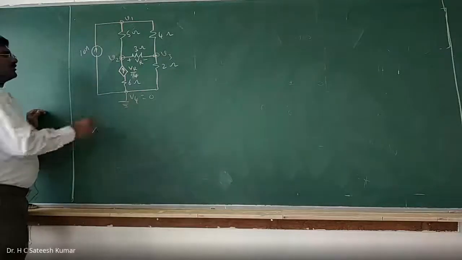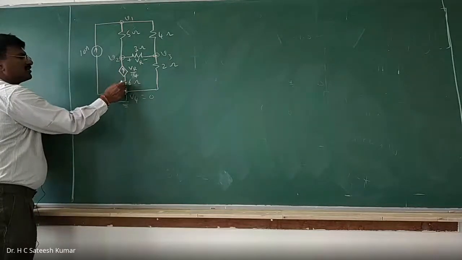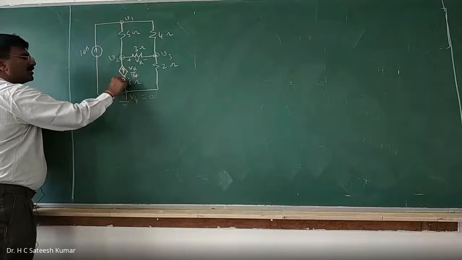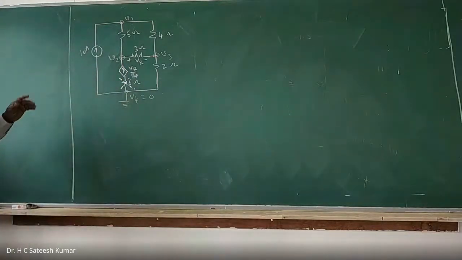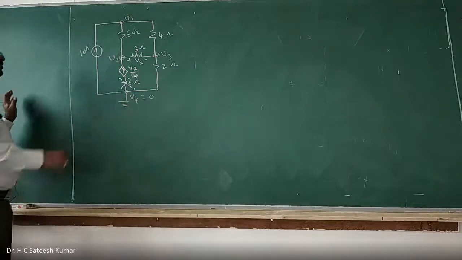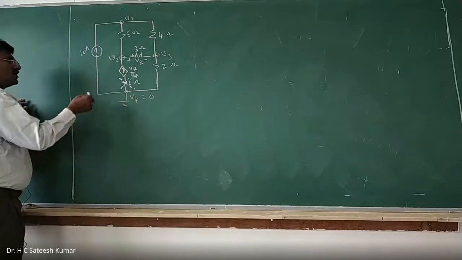Okay. So this resistance, you see that any resistance in series with a current source, it becomes redundant. You can short circuit this one. No need to use that one. Now, do you have any supernode? There is no voltage source itself. Therefore, there is no supernode. Just ordinary nodal analysis, we should do it.